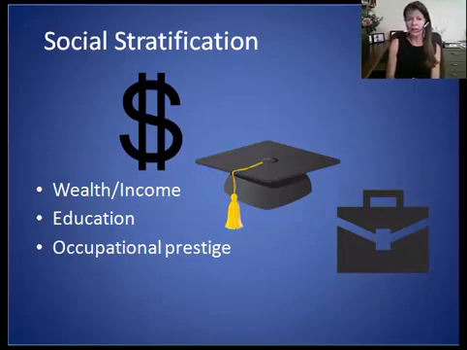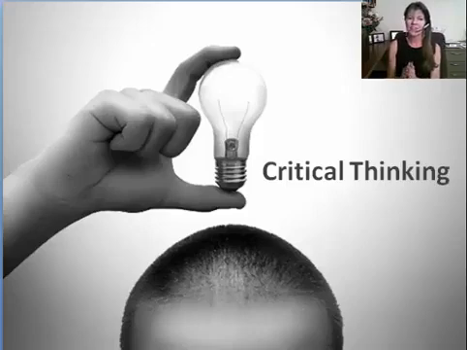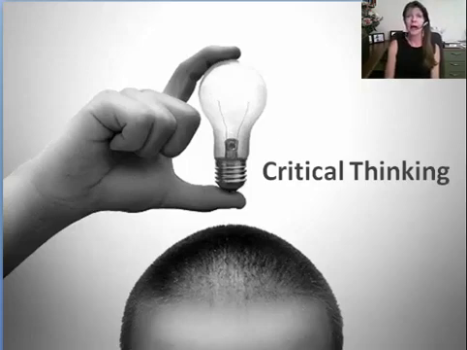Oftentimes, people are a little puzzled why this is considered, thinking that it is always redundant with wealth and income. And often that is true, but not always. Can you think of an occupation which would place one in a lower social class than you would expect from his or her income because of low occupational prestige? An example of that would be perhaps strip dancers.